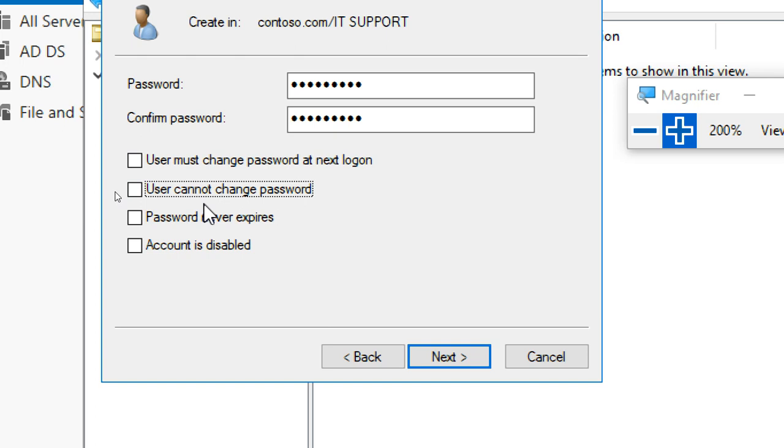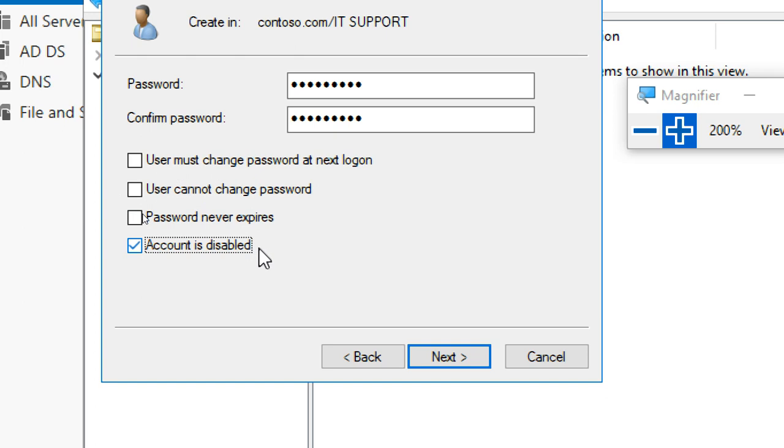Usually user passwords expire after 42 days in Microsoft Windows, in a domain environment, generally by group policy. If you don't want it to expire, you can select this one.